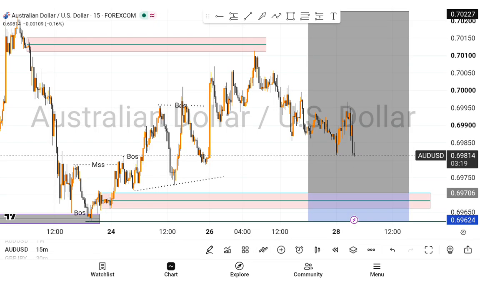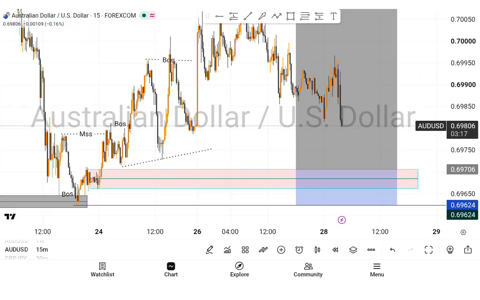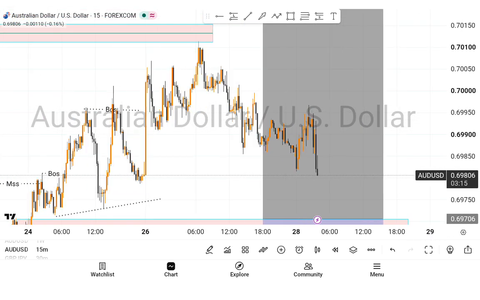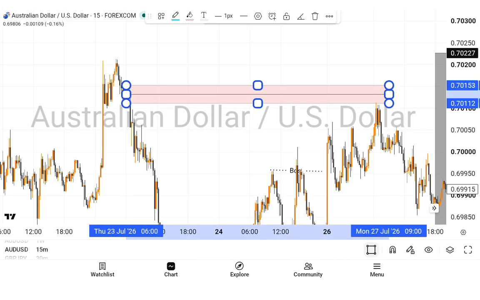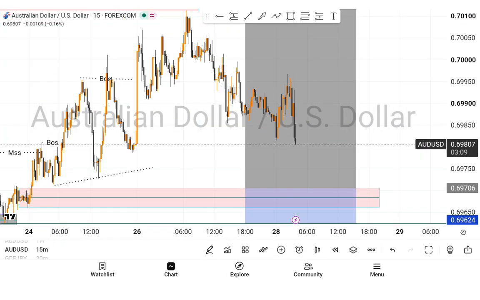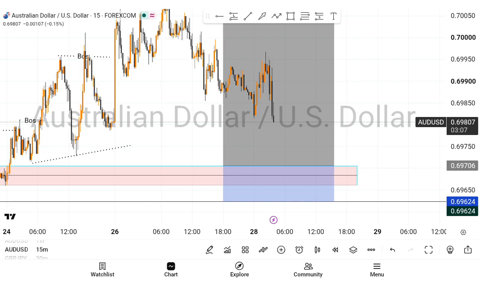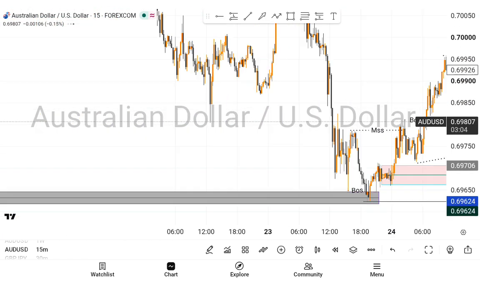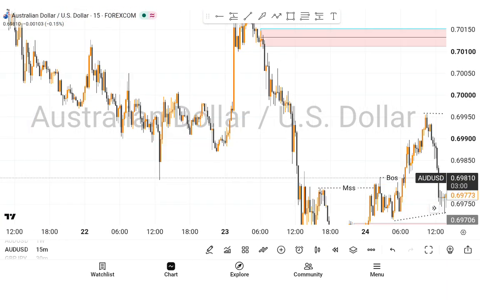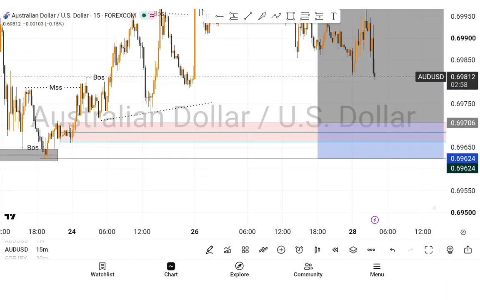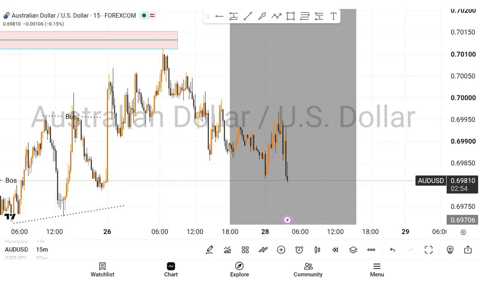As you can see, price is coming down to our XL. Price reacted from this order block. That's one thing I noticed, and you see that I mapped it out. And when price got there, you can see it dropped massively. It dropped very massively, and you see it has not finished its movement. But let's see how it goes.